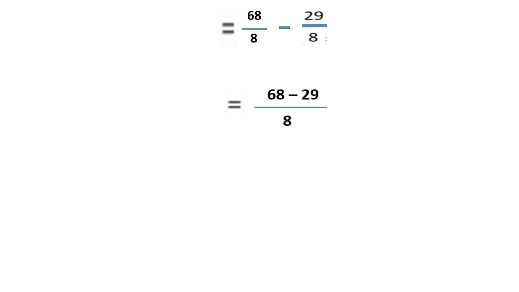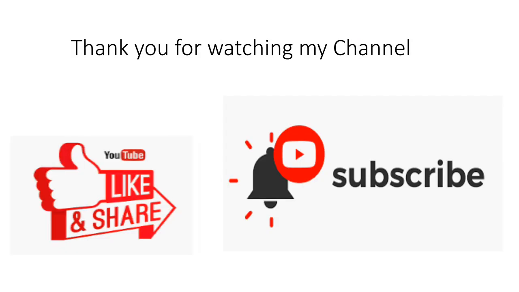The different signs mean I'll subtract the smaller number from the bigger one. I got the answer 39 by 8. Here this is also an improper fraction. Denominator is lesser than numerator. So I will change the improper fraction into a mixed one. For that I will divide and then change. And I got 4 7 by 8. So 4 7 by 8 is the answer.